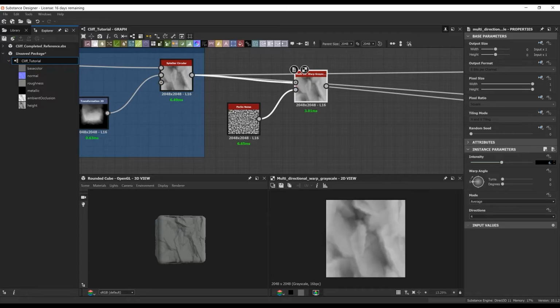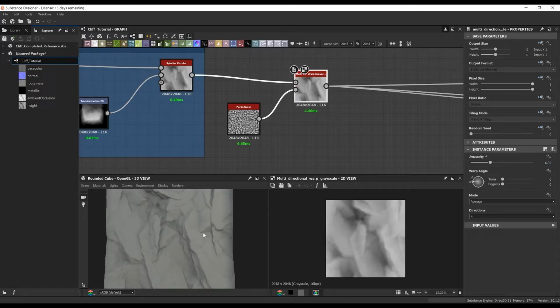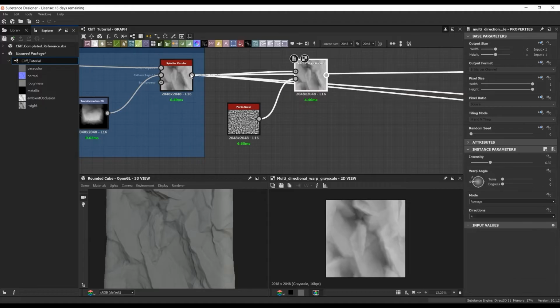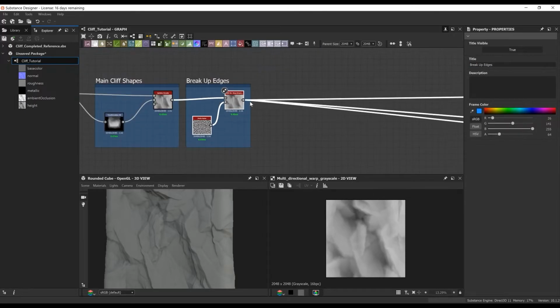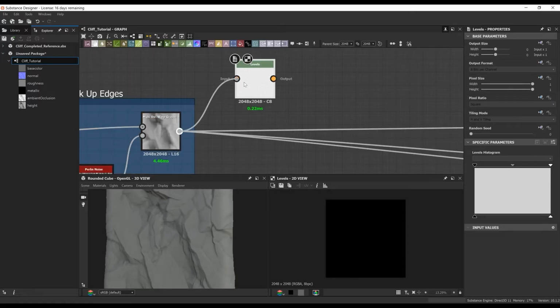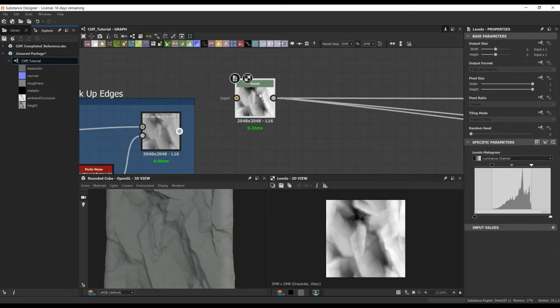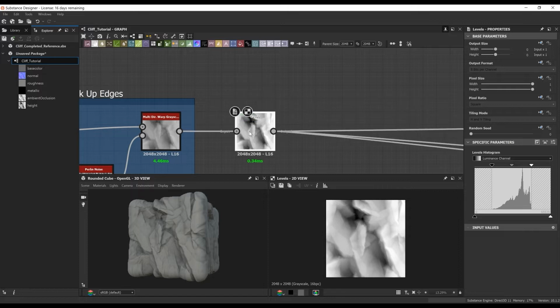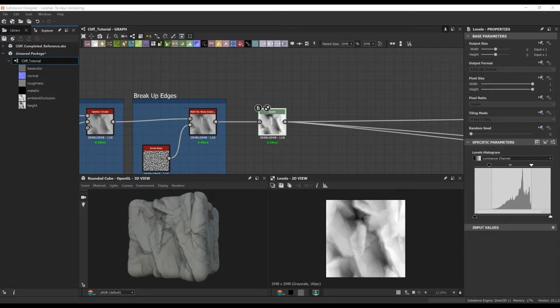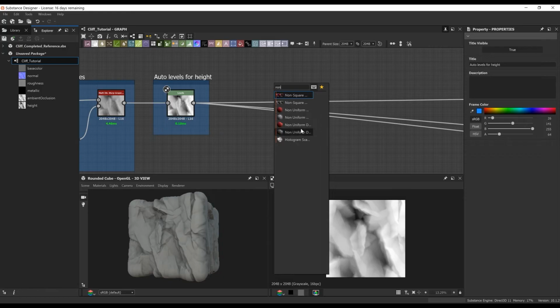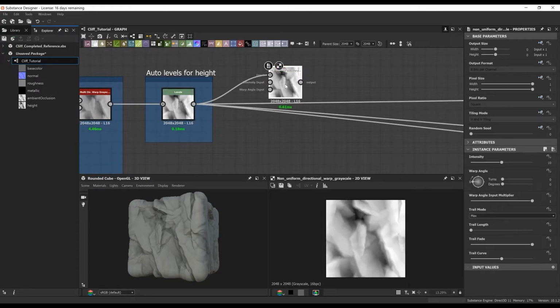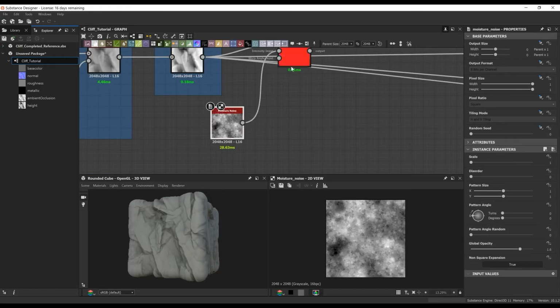So now that we have these main shapes, I'm going to do some similar things to what we did with the original block shape. And here I'm again just using a multi-directional warp with a Perlin noise, and I'm just going to break up the edges. And then I brought in a levels to bring in some of the blacks and the whites, because we're losing some of those a little bit from all the different things we were doing throughout the graph. So this just brings us back into our correct ranges.